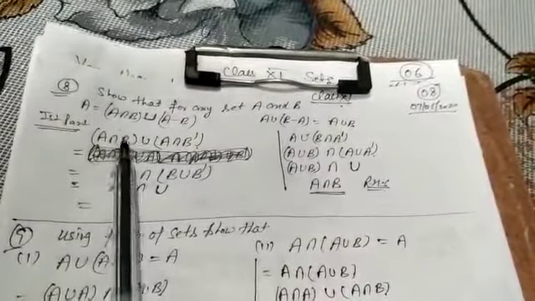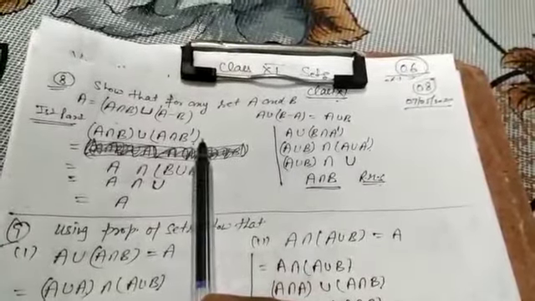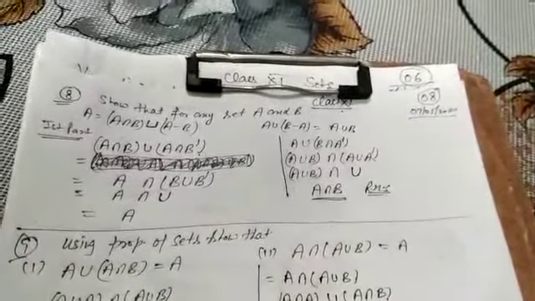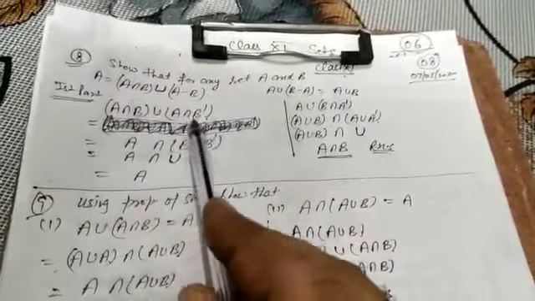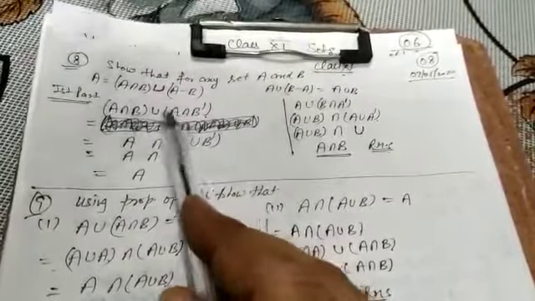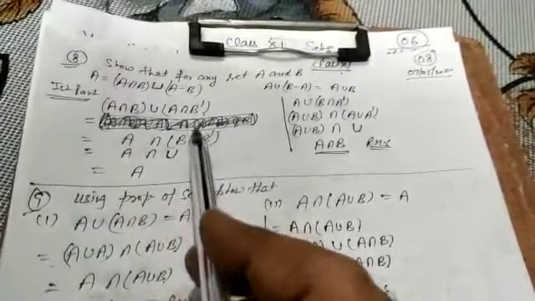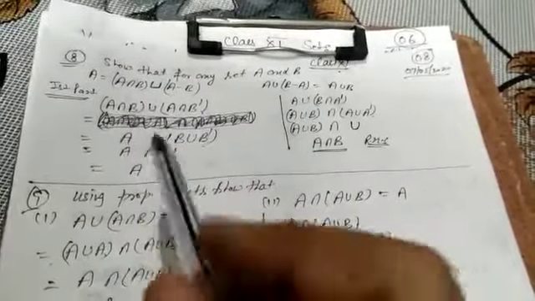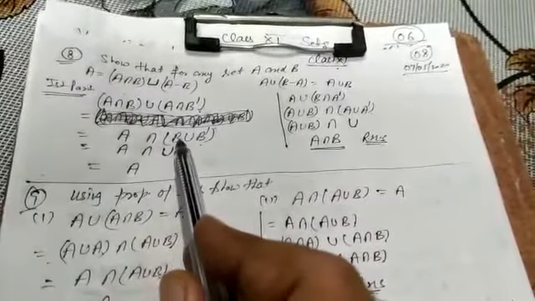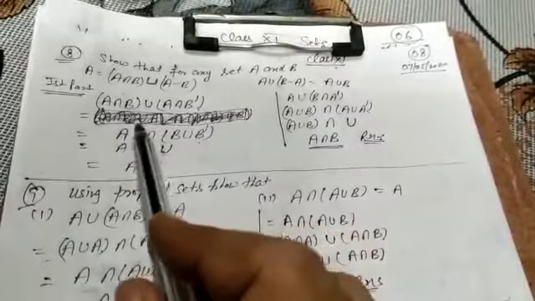First of all, A intersection B union A minus B, also written as A intersection B complement, we discussed already in exercise 1.6. Now apply the distributive law here. If you see A intersection B and A intersection B complement, this A is common and the intersection is the same, so I can write A intersection (B union B complement). If you open this statement of the distributive law, you will get this result: A intersection B, then A intersection B complement, and the result between them is equal to U.